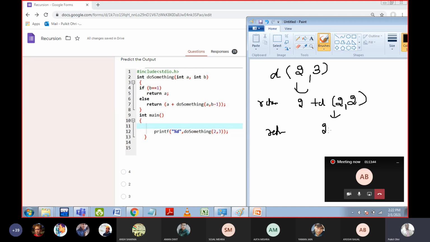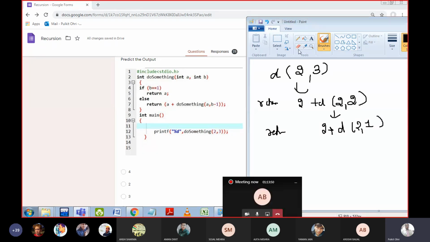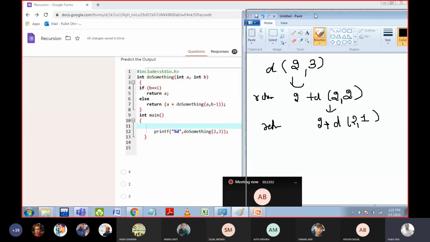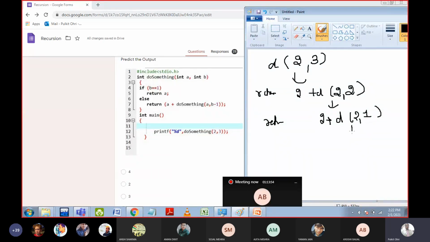What is a? 2, and a will remain here, and b will become 2 minus 1, which is 1. Again it will become 2 plus, again write return here. What is a? A is 2.